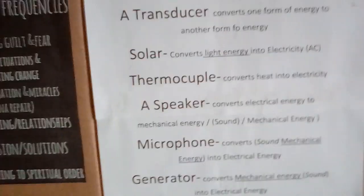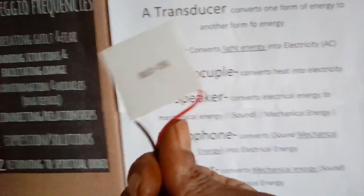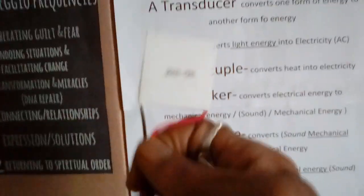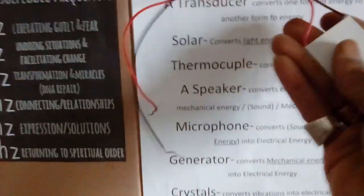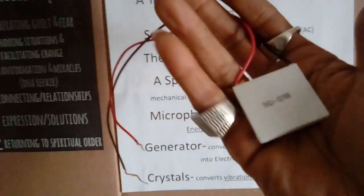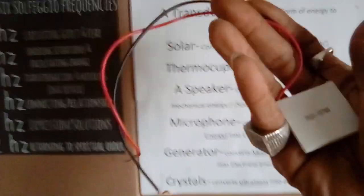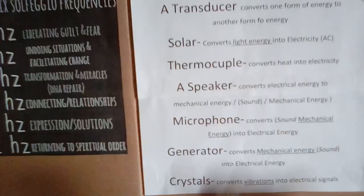They have these things called a Peltier cell or something like that. I'll explain this to you and show you the dynamics. You could put your hand on it. I would show you now, but I'll do this in a separate video all by itself. You put your hand on this and it takes the heat off your body and converts it to electricity immediately. All right, you could power a phone with this thing. It normally goes in